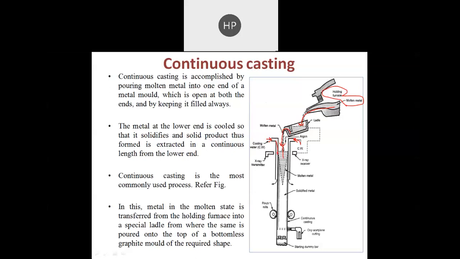As the molten metal loses the heat, it will start to come out from the mold like this, like big strips, or a big rod. It will become in the form of a big rod, and then that big rod will be pulled by the rollers, and here we have a cutter. From that cutter we just cut it into the desired shape and size.